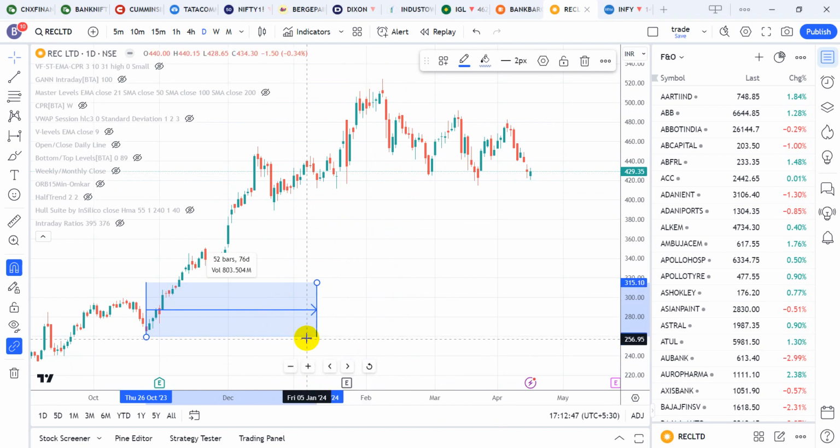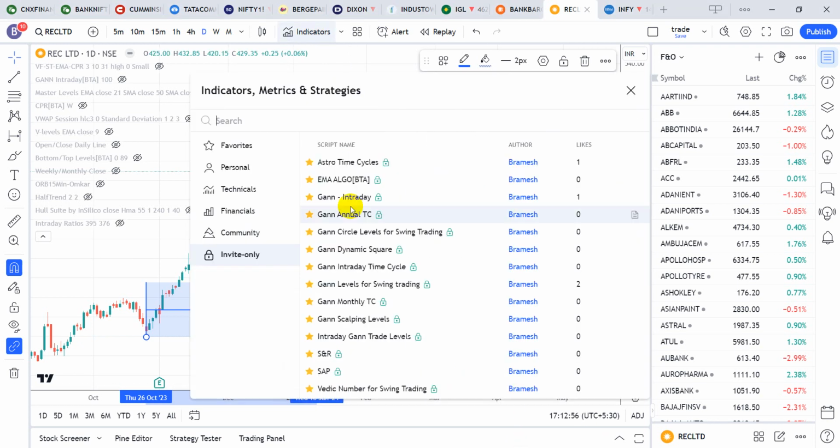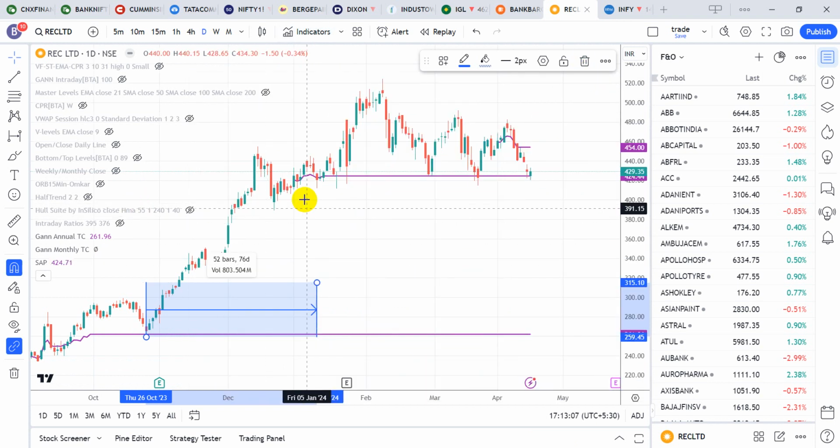Now in this, on these dates, if we get our three important levels which we follow for swing trading, let me quickly apply them. So one, we use Gann annual trend chain level, then we use Gann monthly trend chain levels, and then we use semi-annual pivot. These three levels, if these levels also come around these points,